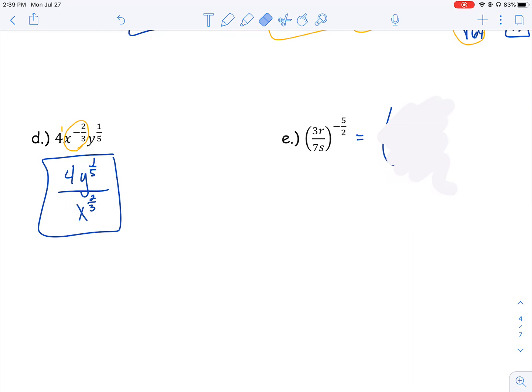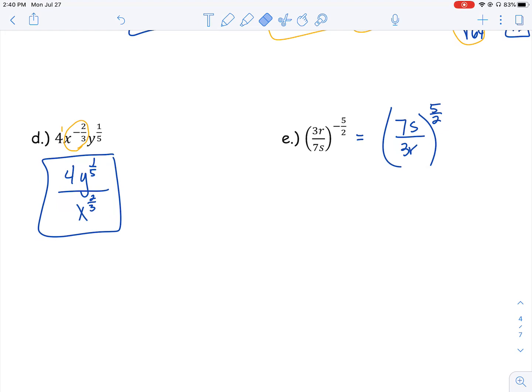All right, E. E has a fraction raised to the negative 5/2 power. Now, you could distribute the negative 5/2 to the numerator and denominator, but then they'll both have negative exponents. If the numerator has a negative exponent, we would make it positive by dropping it down. And if the bottom has a negative exponent, we can make it positive by bringing it up. Or can I just flip it right away? As soon as I bring the numerator to the bottom and the denominator to the top,